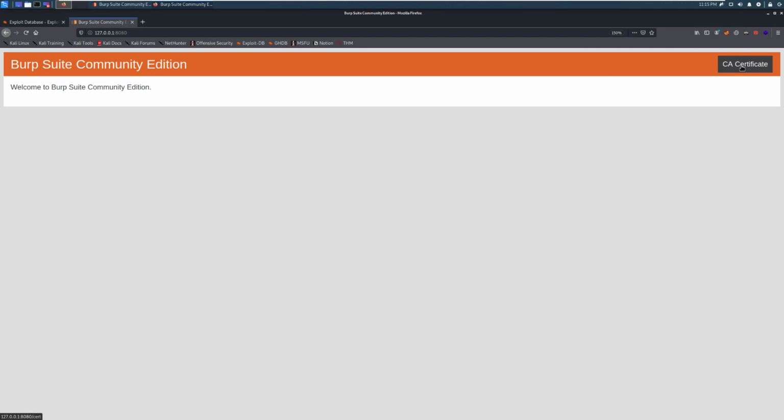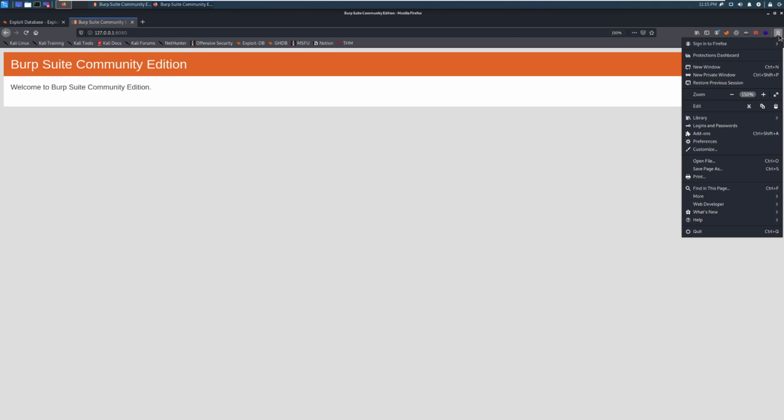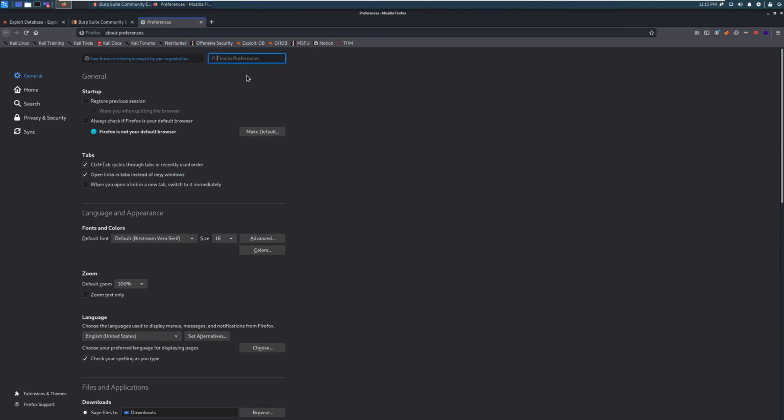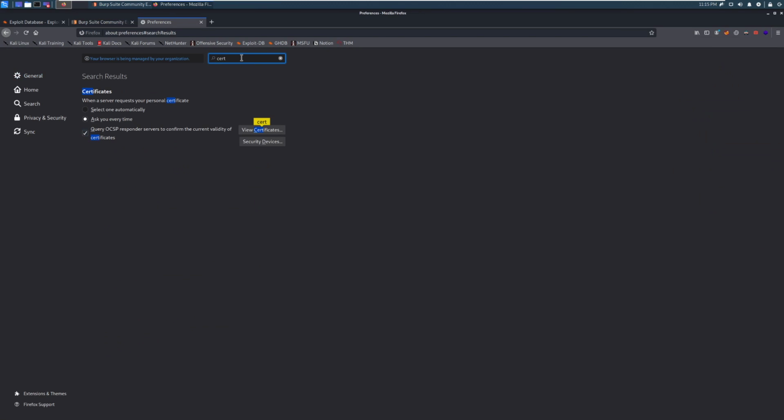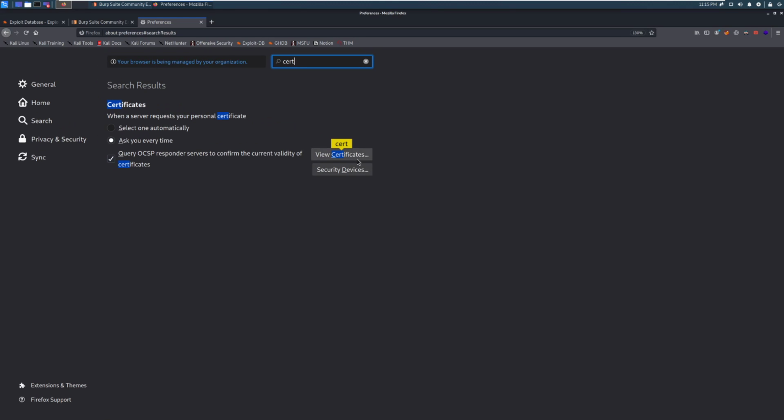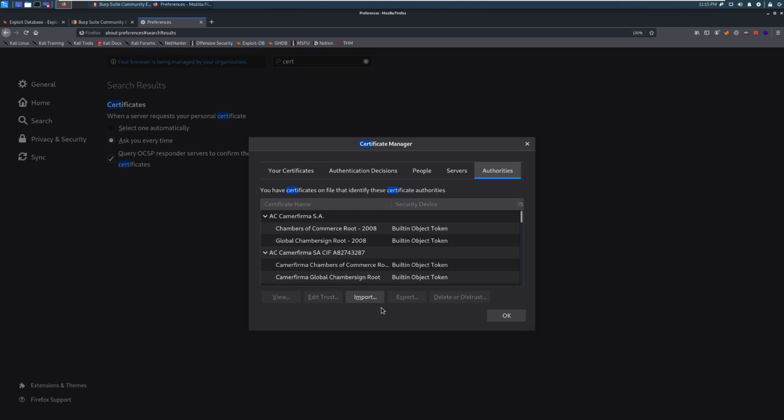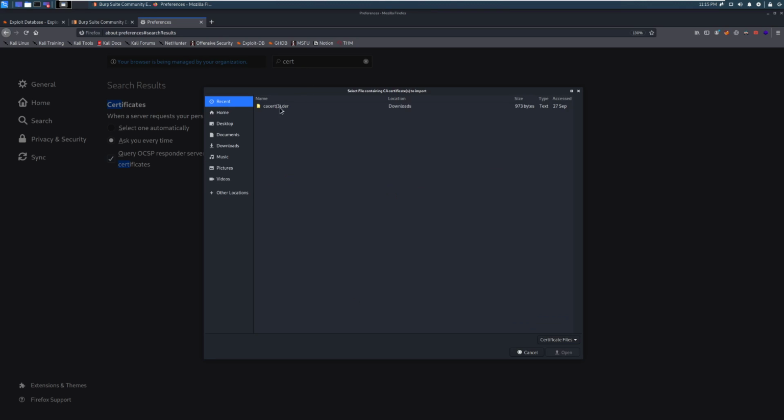Click on the CA certificate on the top right. That's going to download it. I'm not going to do this because I've already done that. Then we can hop up into the actual options. So we go to preferences, and then we can search certificate in the search bar. Make this a little bit bigger. Then we click view certificates, and we can click import, and then we just need to target our